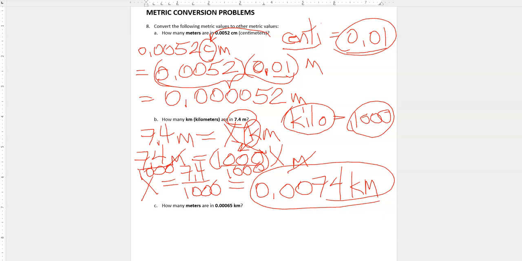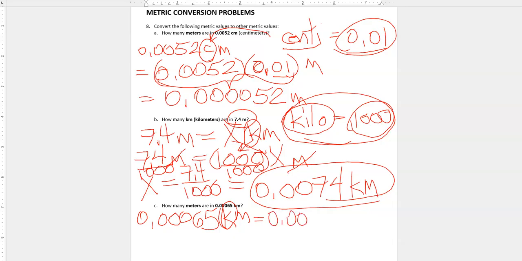So that works out. Now the last problem says how many meters in 0.00065 kilometers. So in the previous problem, we were going from meters to kilometers. Now we're going from kilometers to meters. Well, we still keep in mind the same equivalency of kilo equals 1,000, and we have 0.00065 kilometers. Well, we just replace the K with the number 1,000, keeping everything else the same. So 0.00065. K is replaced with the number 1,000, and then meters. Well, we just multiply this out, and we get 0.65